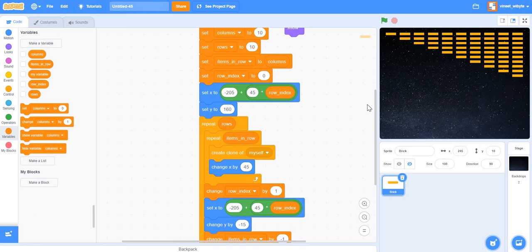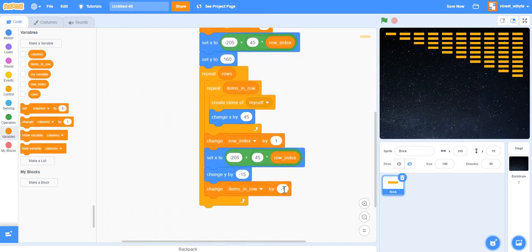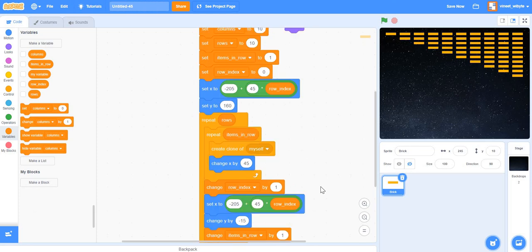So what I'll do is, I will first replace items in row back to 1, right? For that pattern, I will remember here I was decrementing items in row, so I'll make it back to 1. So this will ensure that in the first row I get 1 item, in the second row I get 2 items, in the third row I get 3 items, and so on and so forth. Now it's a little bit more tricky, right? But let me just try to explain what I'll do here.